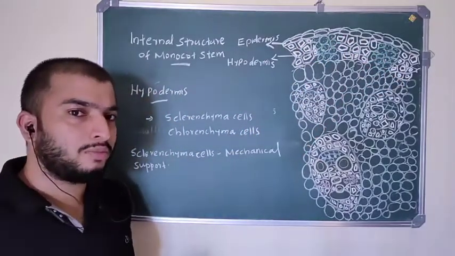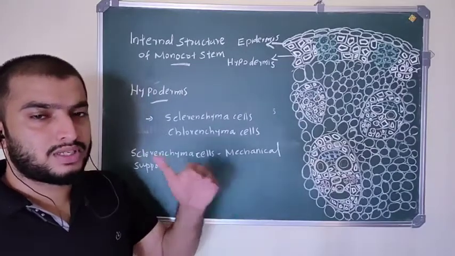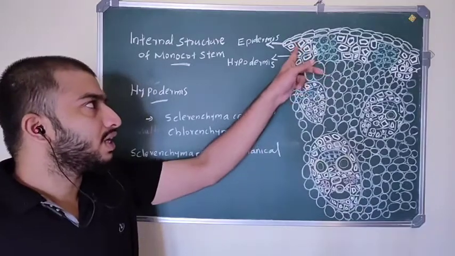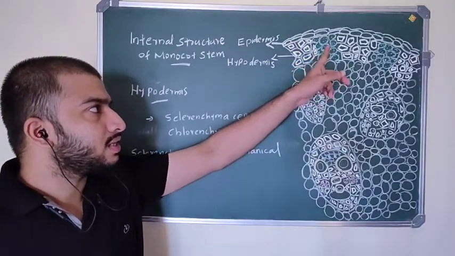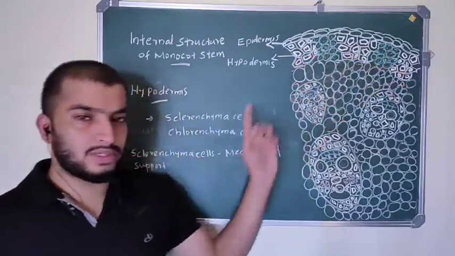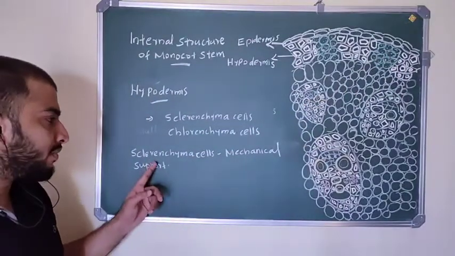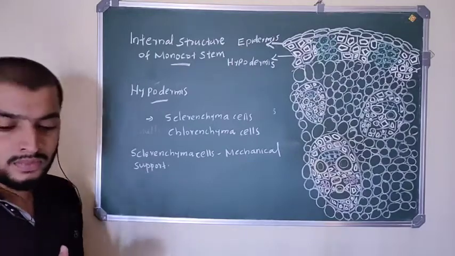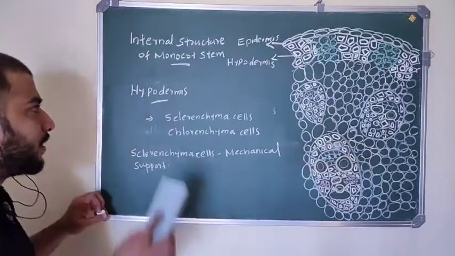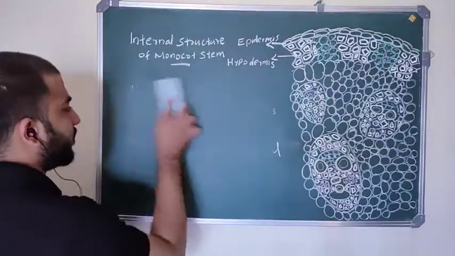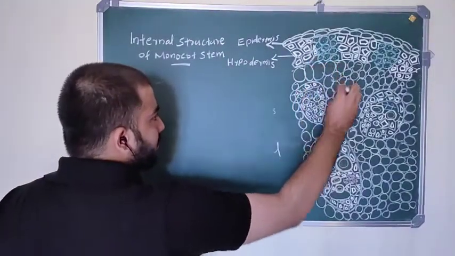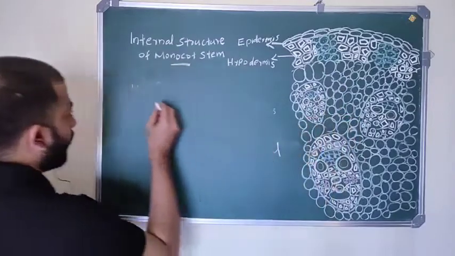So what is hypodermis? Hypodermis is present below the epidermis. It is made up of a few layers of sclerenchyma cells, and those layers are interrupted by chlorenchyma cells. These sclerenchyma cells give mechanical support to this stem. Then below the hypodermis, the entire portion